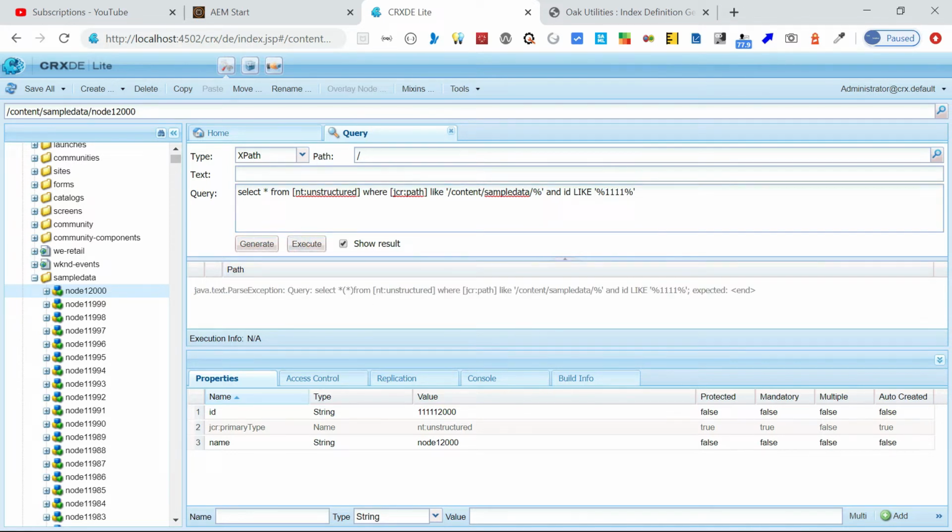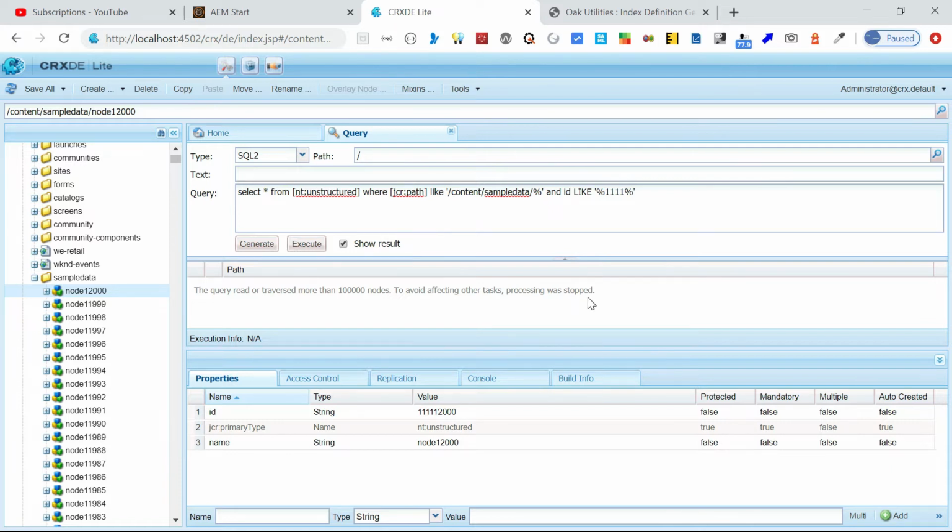Yeah, so it looks like there is some issue in the query. Sorry, I did not select SQL2 here. Okay. Yeah, this exception says the query read or traversed more than 1 lakh nodes. To avoid affecting other tasks, processing was stopped.